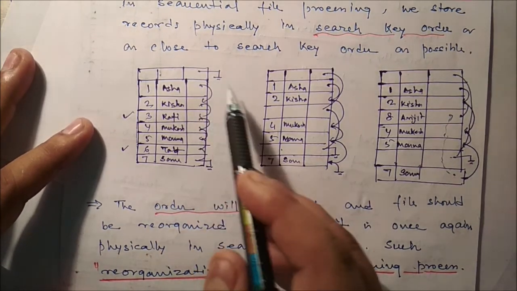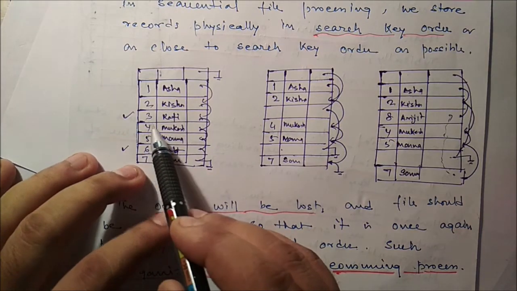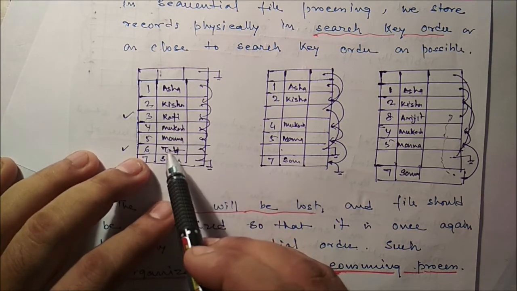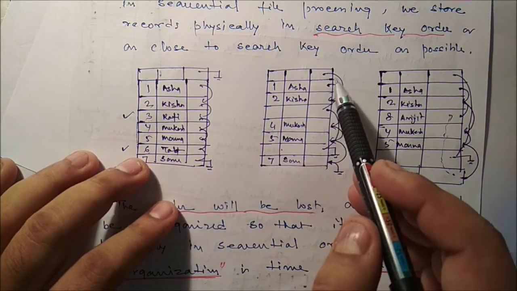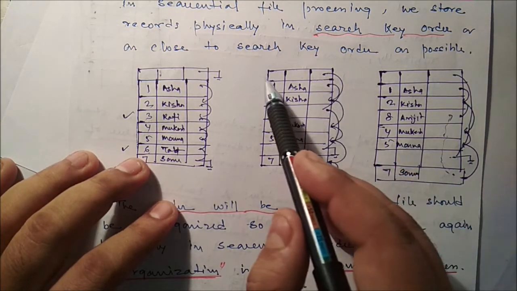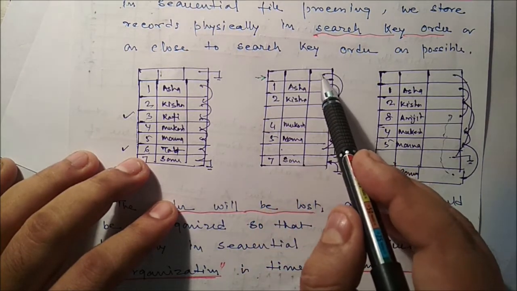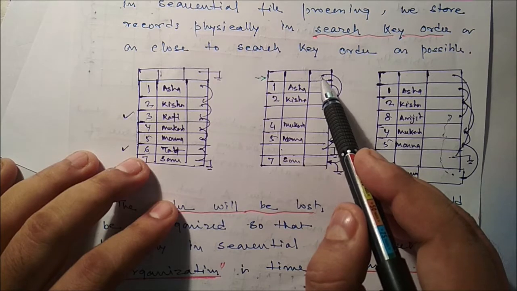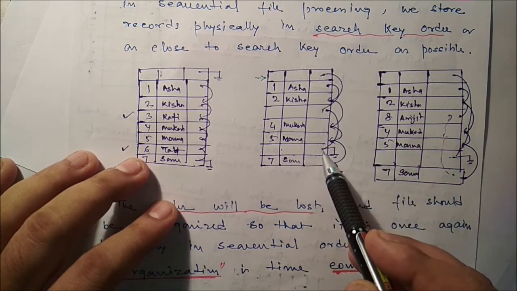Now you can see here, let's say roll numbers 1, 2, 3, 4, 5, 6, 7 are there. Now suppose roll numbers 3 and 6 want to leave this particular college. So that place is vacant. That means there is a pointer, the file header. Here we store the address of the first vacant place, here the address of the second vacant place, and so on.